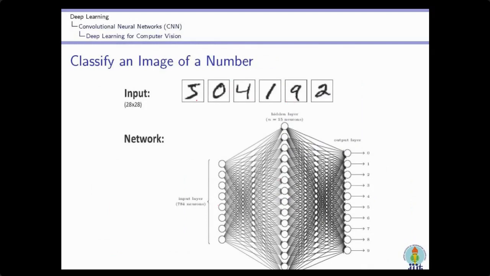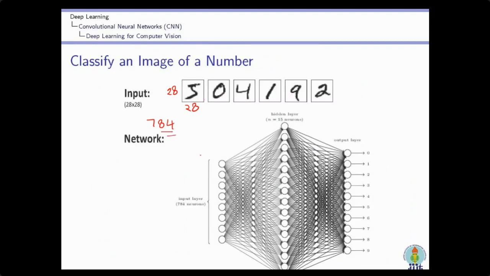What is the image classification problem over here? Let me explain the very basic one. We have handwritten numerals, and each handwritten numeral is an image of a particular size. Let's take the size of each image as 28 by 28. That means the total number of pixels in an image is 784: 28 rows, 28 columns. So these are the handwritten numerals.